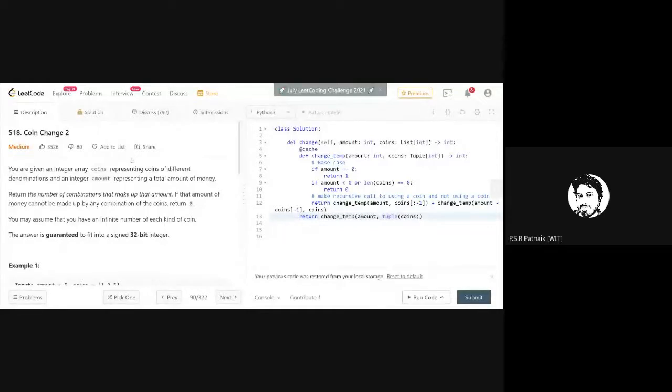Okay. What we will do in today's session is this: the problem we saw yesterday, coin change 2, we wrote the code with a top-down approach. I mean, recursion with memoization. And to be specific, we relied on memoization by using Python runtime's built-in ability to cache the function calls. So that was the quick recap of what we saw yesterday.